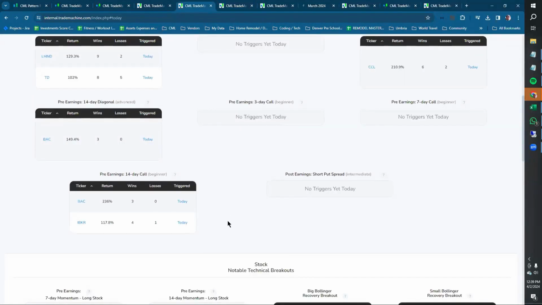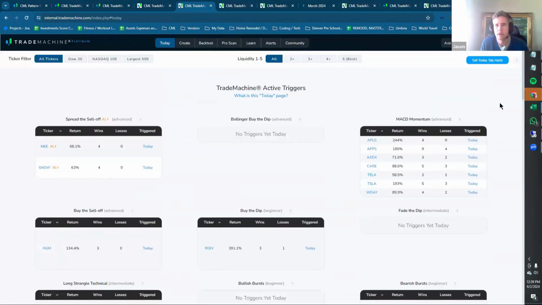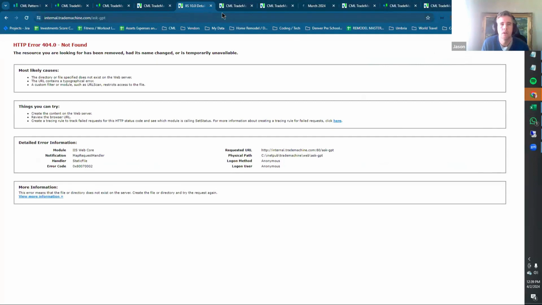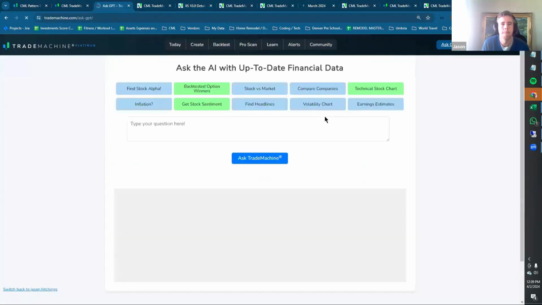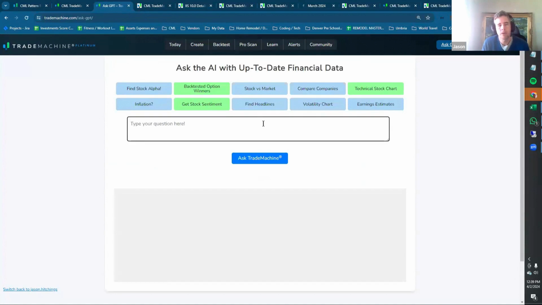Please show an example of how to use Ask GPT. All right, let's have a look. Oh, sorry, that's my development server. Okay, so